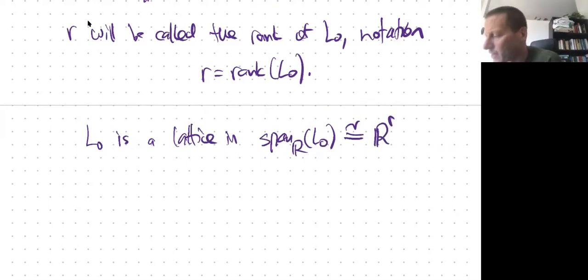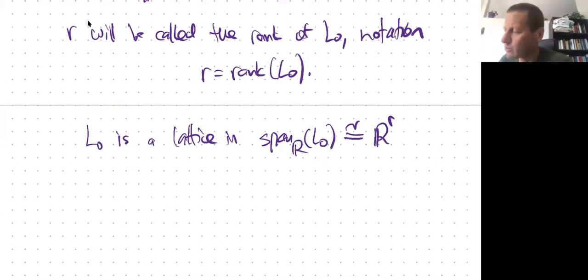And in order to define a co-volume, I need to specify a Lebesgue measure on this vector space R^r. In principle, since this is a subspace sitting inside R^n, we only have a Lebesgue measure up to normalization. We only know what Lebesgue measure means up to normalization, but we can normalize it using